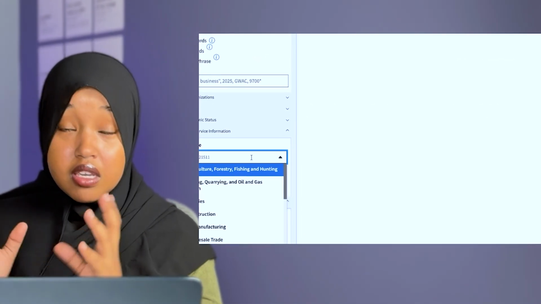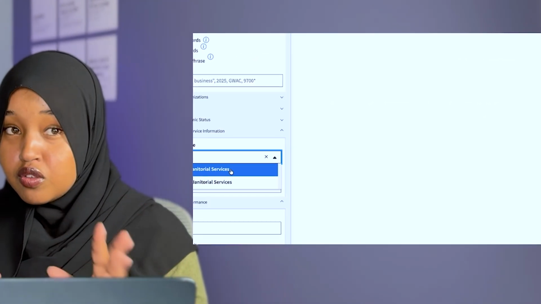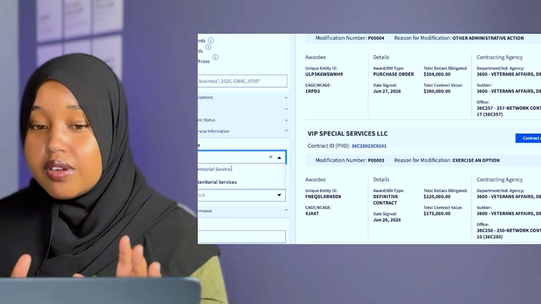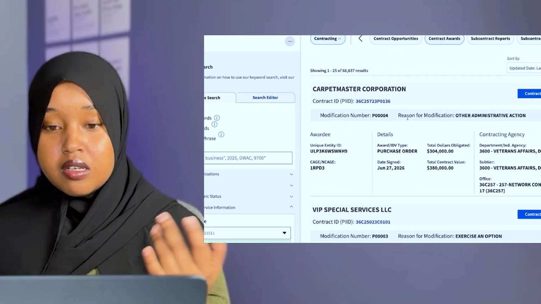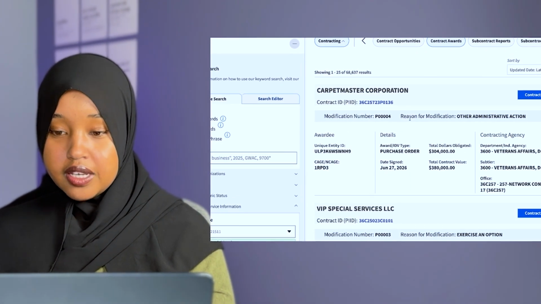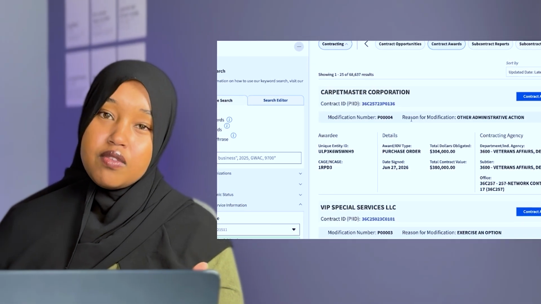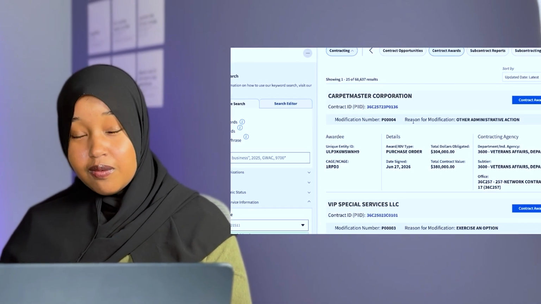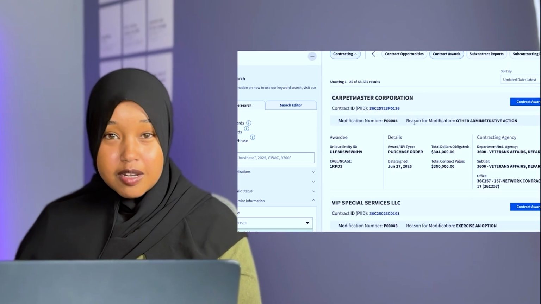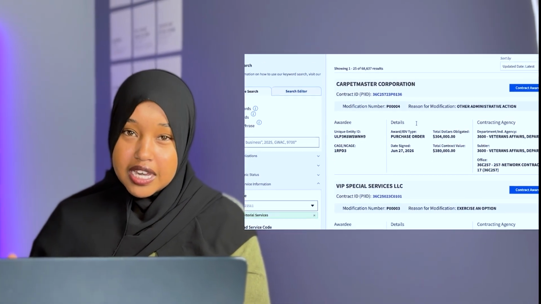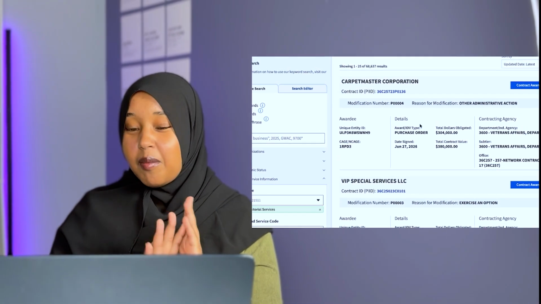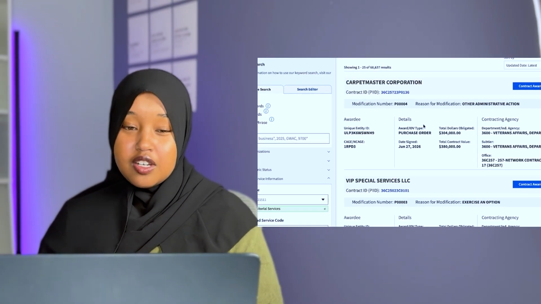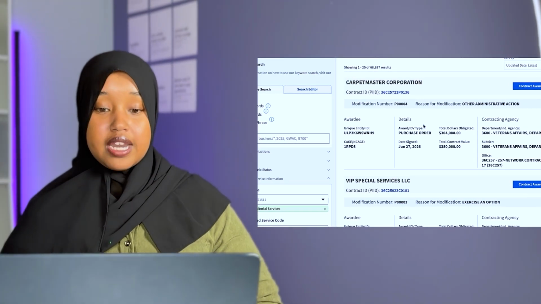SAM.gov sometimes malfunctions, it breaks on you, sometimes it hides information. You get used to it the more that you use it. That's why I didn't freak out when my information didn't come out. Sometimes you will see a solicitation that was active an hour ago and it randomly disappears, and then it comes back again, then it disappears. It's interesting. I'm not complaining about SAM, but it's an interesting page to navigate and to get used to.